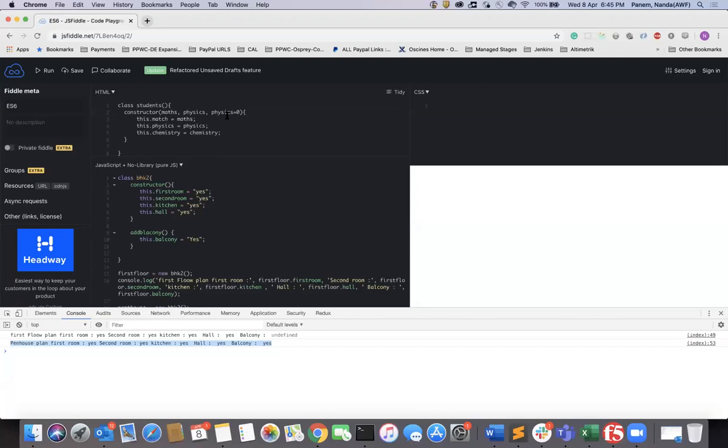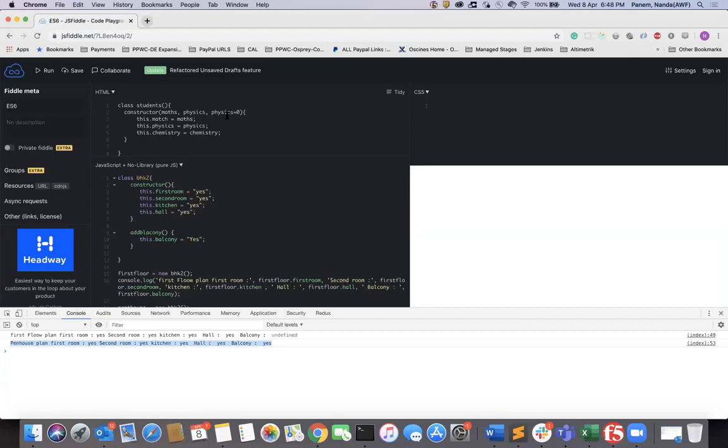Okay, and then we are going to see one more concept called arrow functions. So what is an arrow function? Let's see how to write an arrow function.